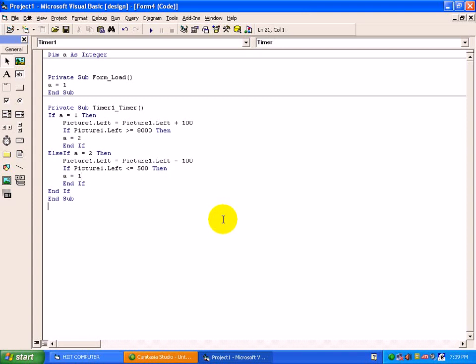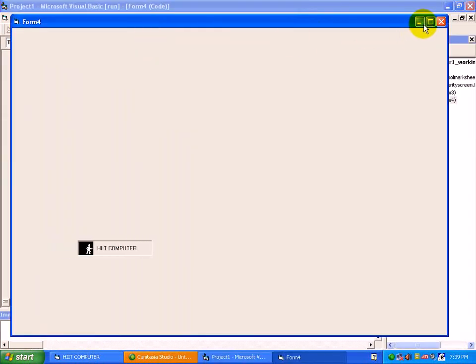So it will move continuously as a equals 1, then plus 100. So we will just keep 3 here. See now. See, minus 100. Fine.